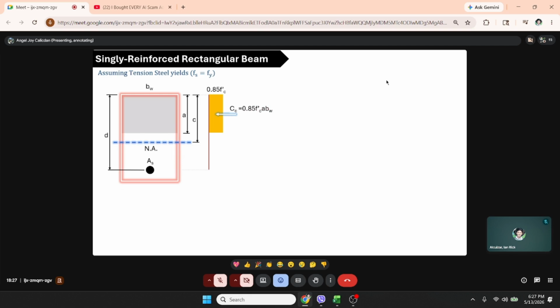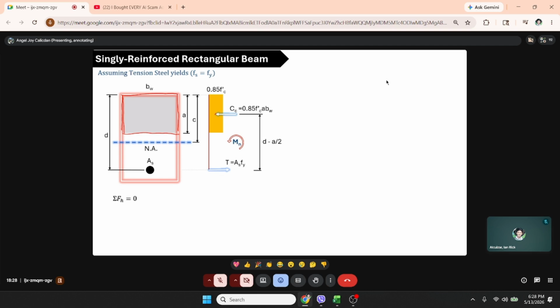Then, the area of the concrete is just A times the beam width. Tensile force and the distance of the compressive force due to concrete or tensile force is just d minus a over 2. It is a over 2 since the centroid is at half. And it creates a moment,